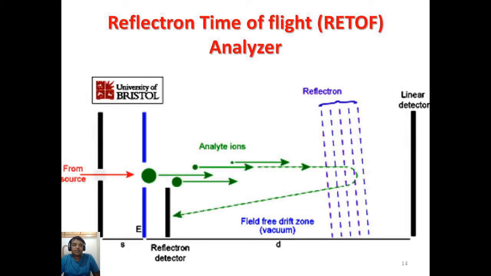This is another type of TOF, time of flight, called the reflectron time of flight analyzer. In this analyzer, the molecules pass from the magnetic analyzer and enter the time of flight. At that time, a reflector is established in this TOF. The reflector reflects the molecules, that is, it changes the path of the molecules according to their mass upon charge ratio.